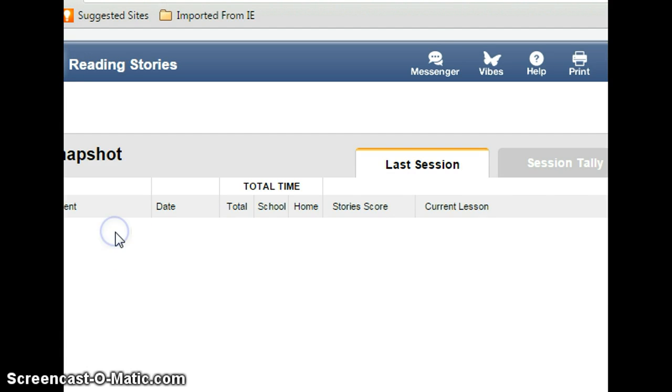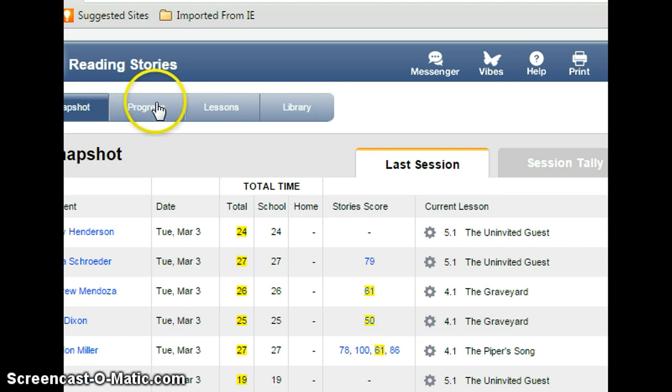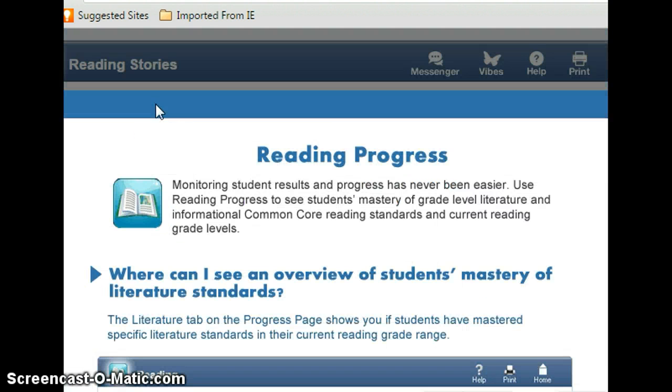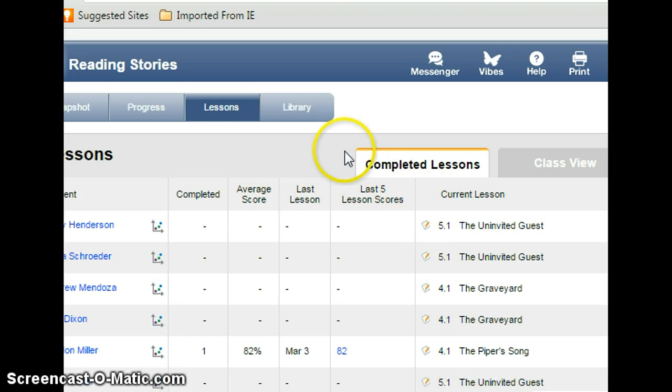numbers. So if I can get to one of the stories here, it does go through, it shows the student progress, and it tells how you can go through here and set all this up and what it's used for. It does show you the mastery of standards that they do reach. Here the lessons are set up, and like I said, it does put them through them. They are not able to choose which ones at the beginning as a pre-test to do,